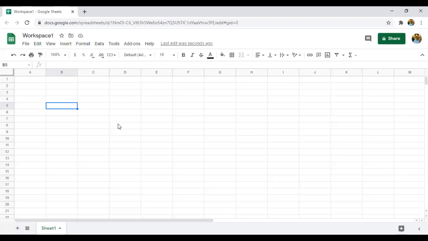Then if you click on save and select the location, you are able to save that particular worksheet, right? But coming to Google Sheets, how are we going to save the sheet? As I told you, it's an online spreadsheet, so it has some automatic features that can perform the operations automatically, right?